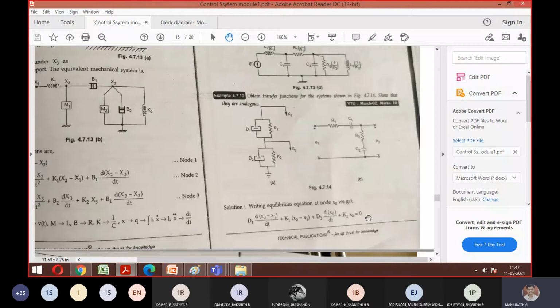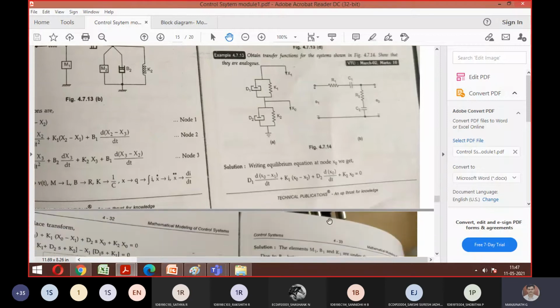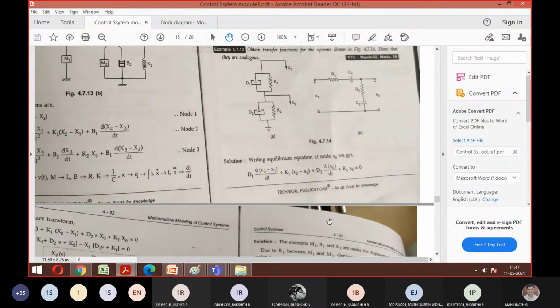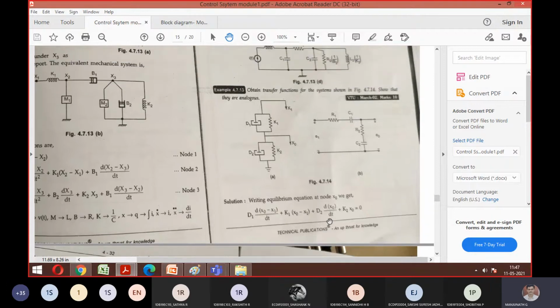Yes, sir. So force is not applied there. Force is not given. That's why they wrote only one equilibrium equation. Correct? See, in the previous problem you could have found the force at either x1 or x0, but in this one it is not mentioned. So they combined this equation and equated it to 0. That is your only equilibrium equation. That is why they directly wrote this as one equation instead of writing 2, since there was no force. Is it okay with the first equation? Everyone, is it okay with the first equation?